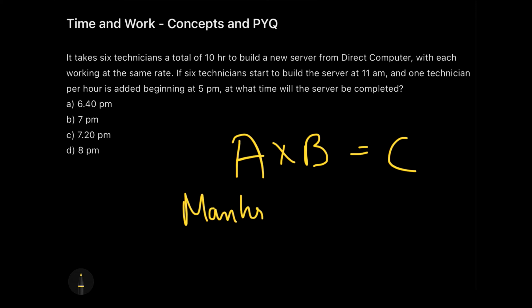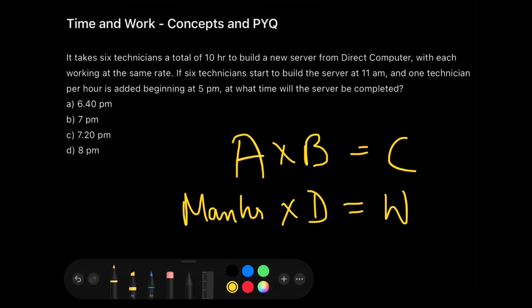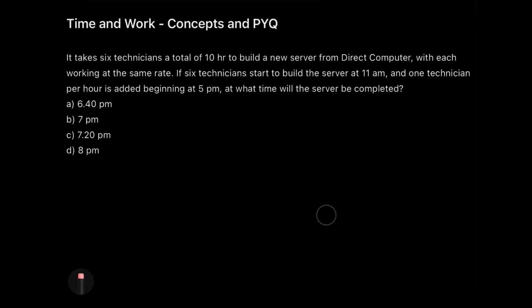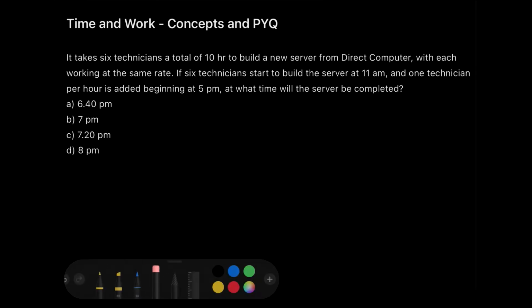Now, man hours can be the time which the man has spent doing some job. This man hour multiplied with the number of days in which he does the job is equal to the total work which has been completed. Now, if we keep this concept in our mind and get started with the questions without using any concepts of LCM, efficiency, and work done per day, we can directly get started with this question and solve it easily. So, let's try to understand what information is provided to us in this question.